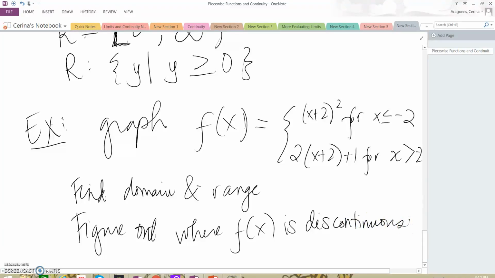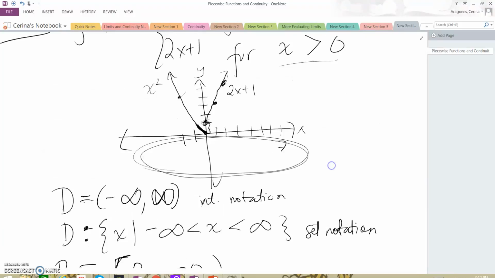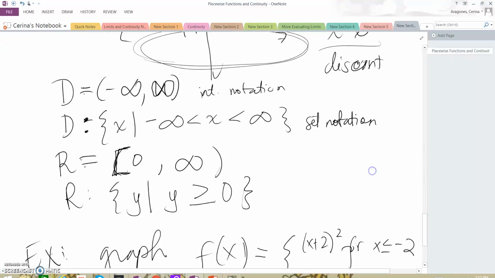So as you can see in the above example, we have a discontinuity at x equals 0 because the limit from the left-hand side does not equal the limit from the right-hand side, which automatically means we don't meet the first condition, we're not continuous. So at x equals 0, we are discontinuous, okay? So you try